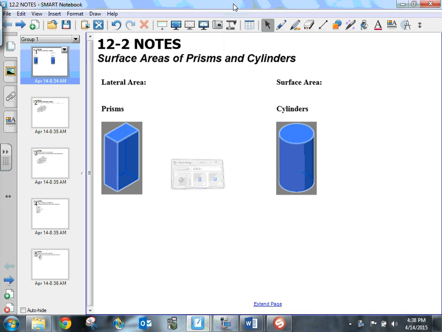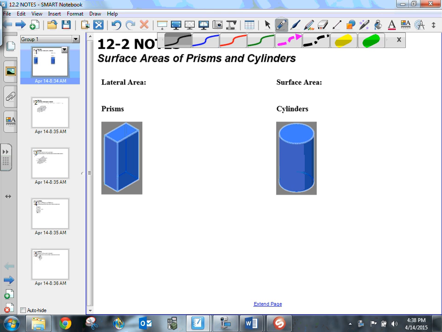Okay, the following is a video over 12.2 notes. This is about surface area of prisms and cylinders. So what I want to talk about are two different things here, something called surface area and something called lateral